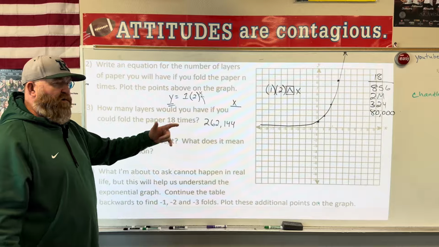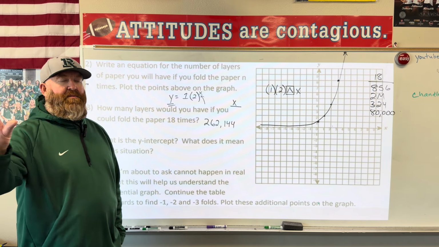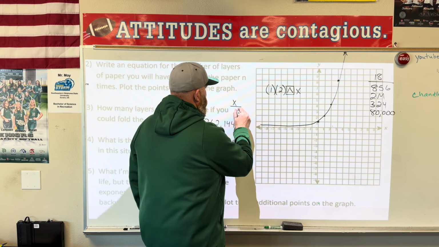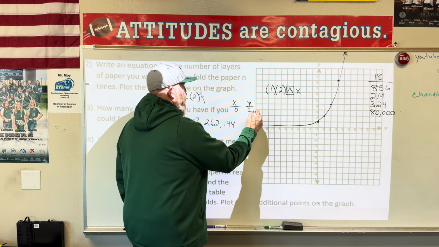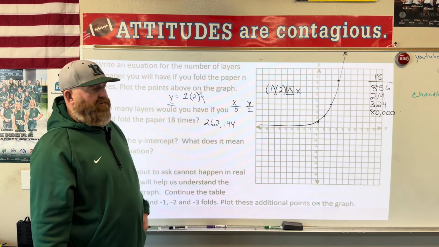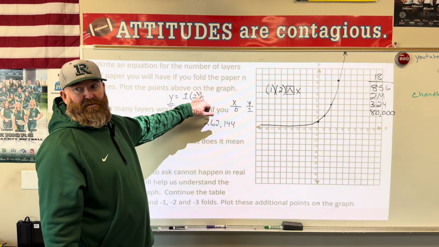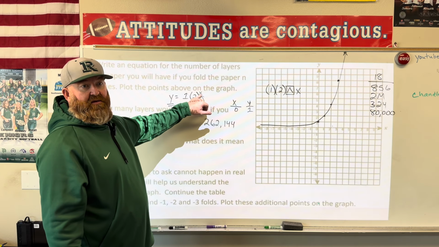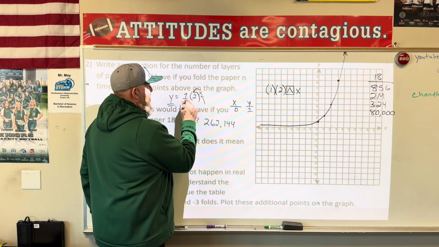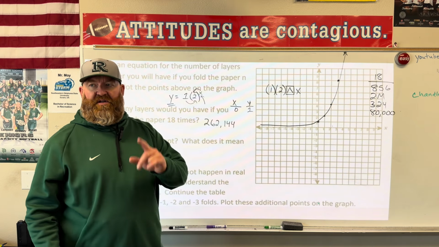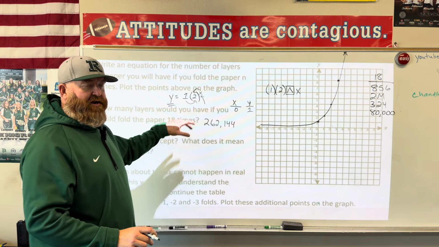What is the y-intercept and what does it mean? Oh, by the way, let me back up a little bit. Why was it 0, 1? Does anybody know? Why was 0, 1 the output? What did I tell you? What was a 0 exponent always? 0 exponent is always 1. So that becomes a 1. So 2 to the 0 power is 1. And then what's 1 times 1? 1. So that's why 0 is 1. Okay? Basically, it just filled in that equation. Okay? All right, here we go.